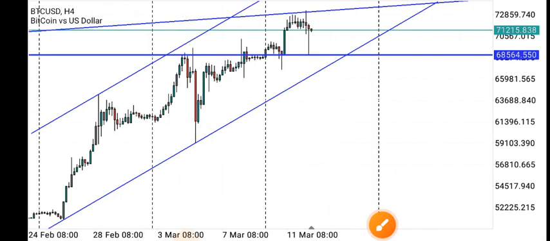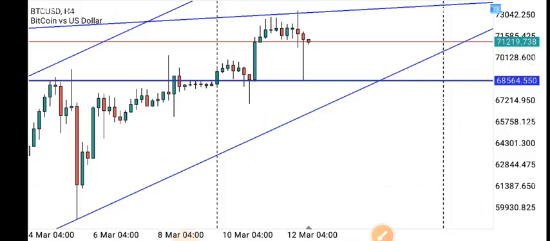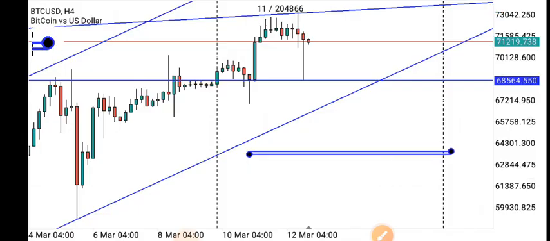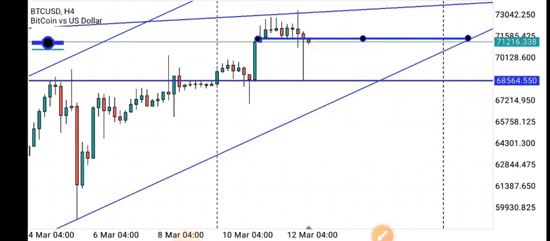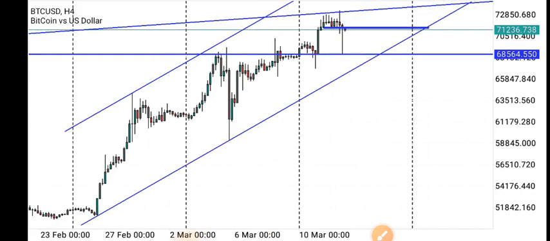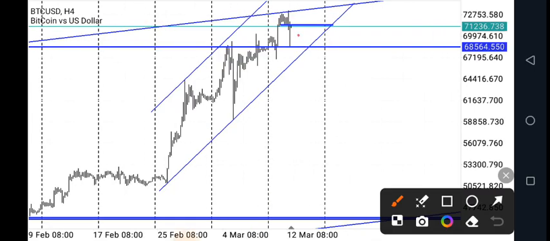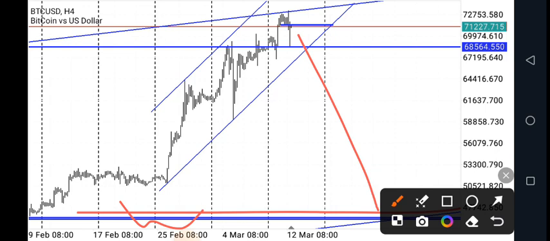But anyway, let's proceed. What else do we see? In fact, before we continue, I just want to add my neckline. Just bear with me. So this would be the neckline of my double top there, right? Another thing that I also want to bring to attention is that as much as I'm saying that we may see price come back to this level, which is where we have the neckline of the W structure, remember that